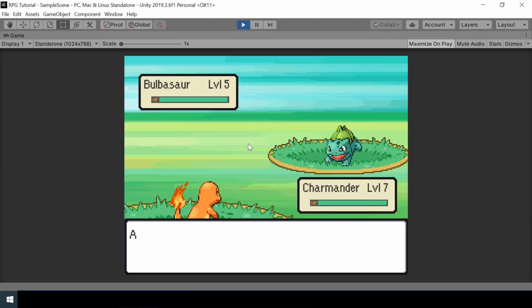So in this video, we'll look at how to animate the dialogue like this, and then we'll let the player select an action, and if the player selects fight, we'll show all the moves of the Pokemon along with their